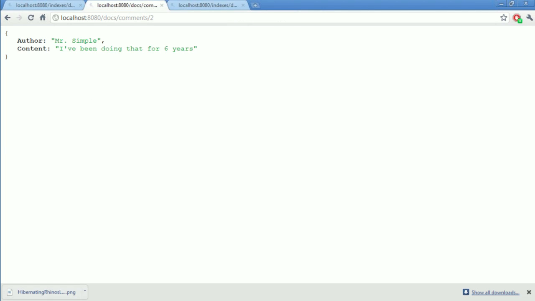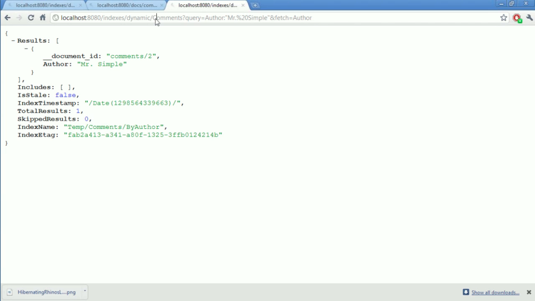You have to understand how RavenDB works. We have the notion of an index, like this guy, and then we have the notion of a query on a set of documents. In this case, we are querying over comments, and what we want to get from the comments is the author. You can see that we are querying for author equal to Mr. Simple.